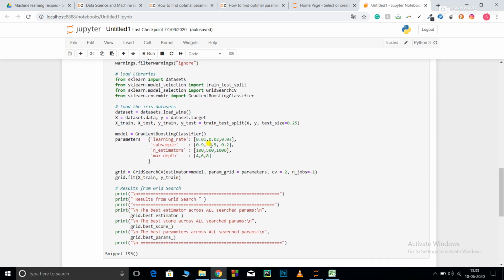Now let's try to understand grid search CV. All the basics are going to be the same. There is just going to be a change in the code. So instead of passing random integers, you need to pass your parameter dictionary like this in the form of a list, and then when you pass that in grid search CV, the estimator equal to model is going to be the same. Just instead of writing parameter distribution, you need to write parameter grid.